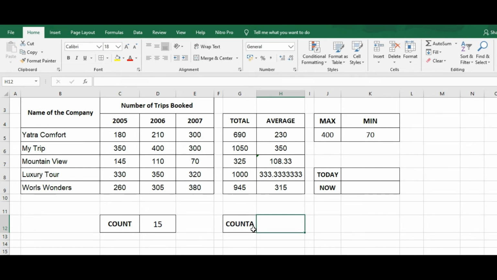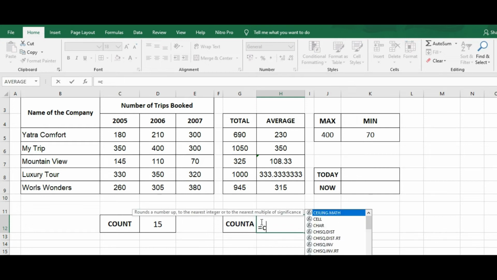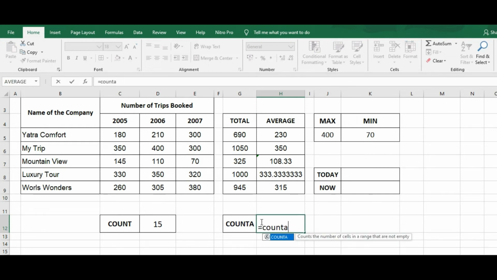Next function, which is COUNTA. This function is basically used to count the number of entries in a cell range excluding the blank cells. So COUNTA.